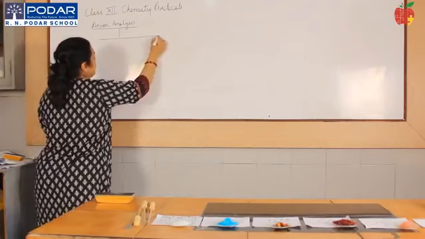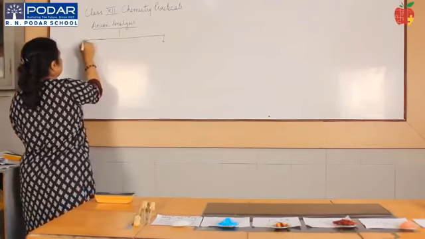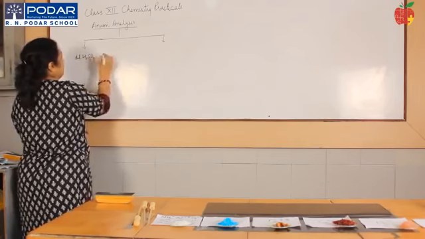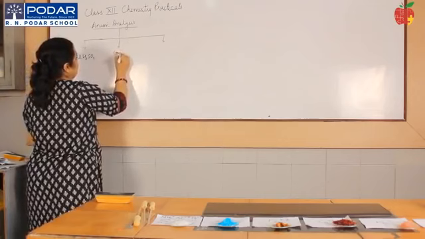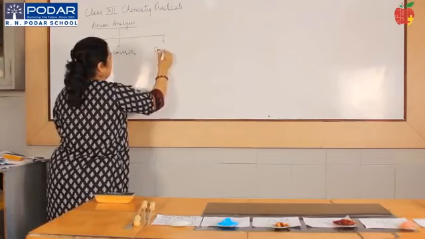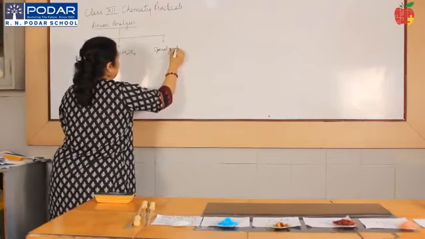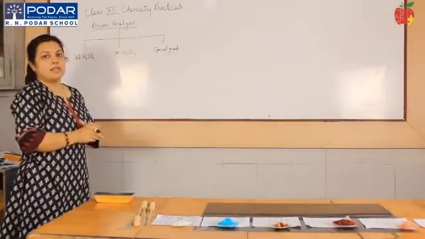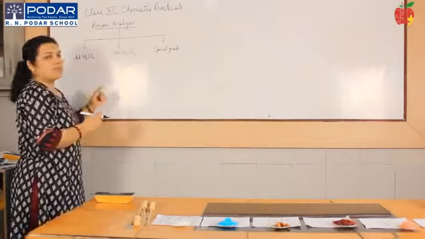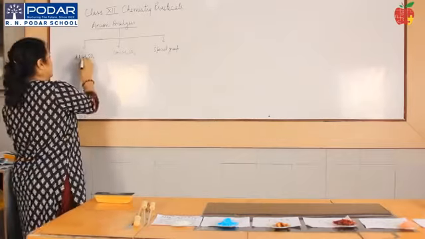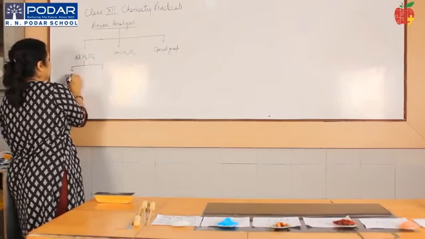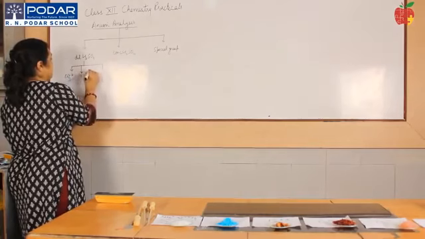Now this is divided into your 3 groups. Dilute H2SO4 group. Then is your concentrated H2SO4 group, and then is your special group. Salts which are easily decomposed by dilute H2SO4 are kept under dilute H2SO4 group. Now dilute H2SO4 is your group reagent for these particular anions, and the anions which are there in this group is your carbonate, sulfide,